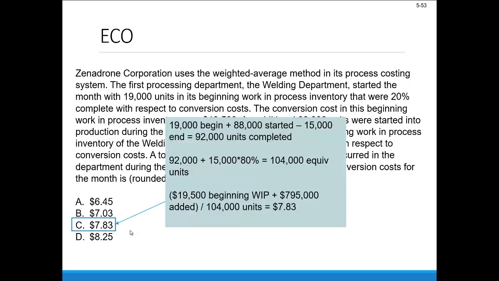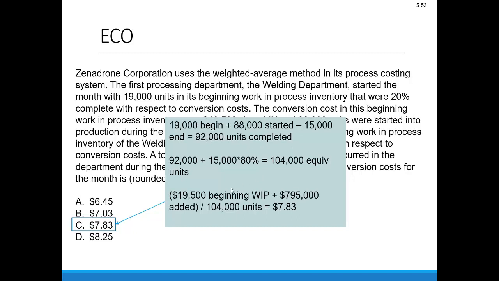And that answer is C, $7.83. So here we had to do a little math to figure out how many units were completed and transferred. So we used our basic inventory flow to do that. 19,000 units were in beginning work in process, plus 88,000 that were started into production, minus the 15,000 that were still not done at the end of the period, means we must have finished and transferred the difference, 92,000 units,